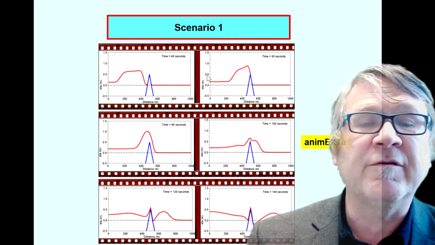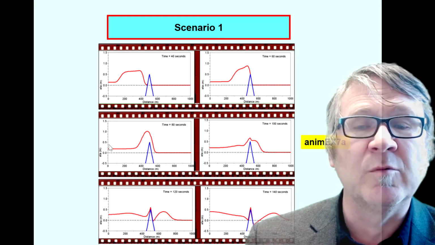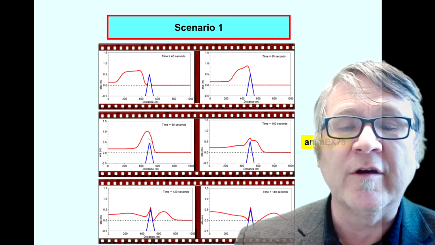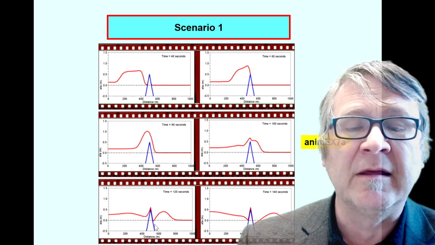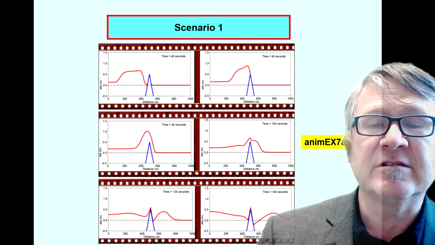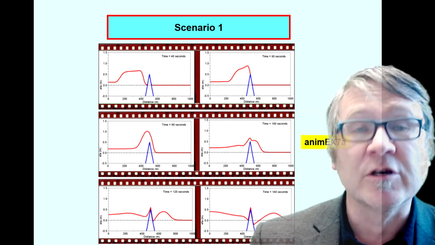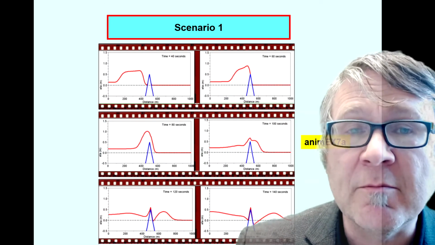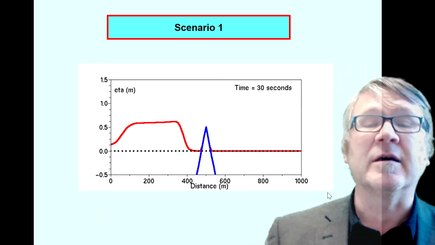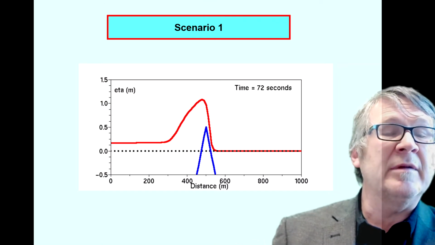And if you follow these, you can see that there's a wave coming from the left, a tsunami wave, moving over this island and propagating also on the right hand side. This is only possible with the implementation of a flooding algorithm. This is how it looks. You get your tsunami, it flops over